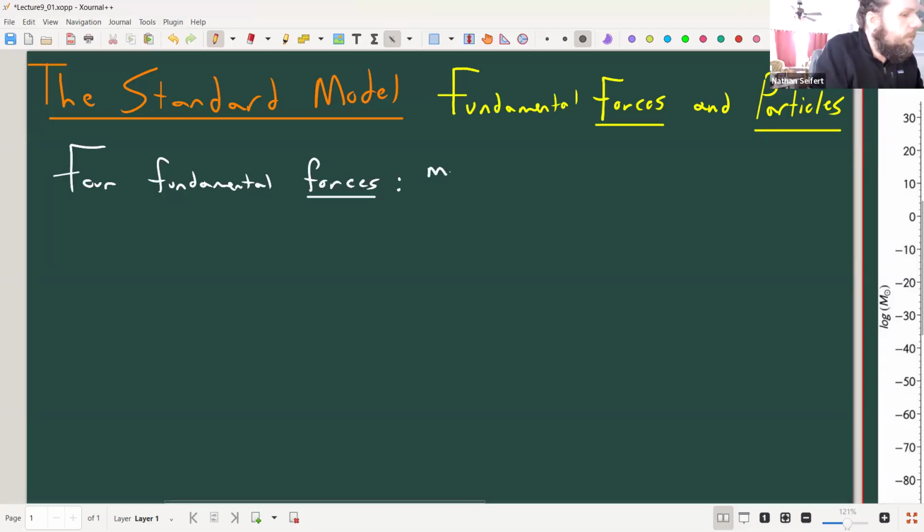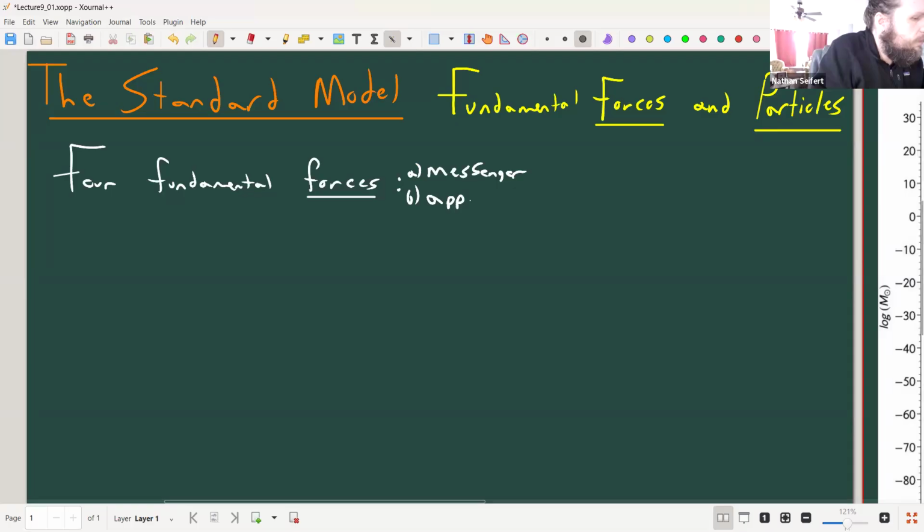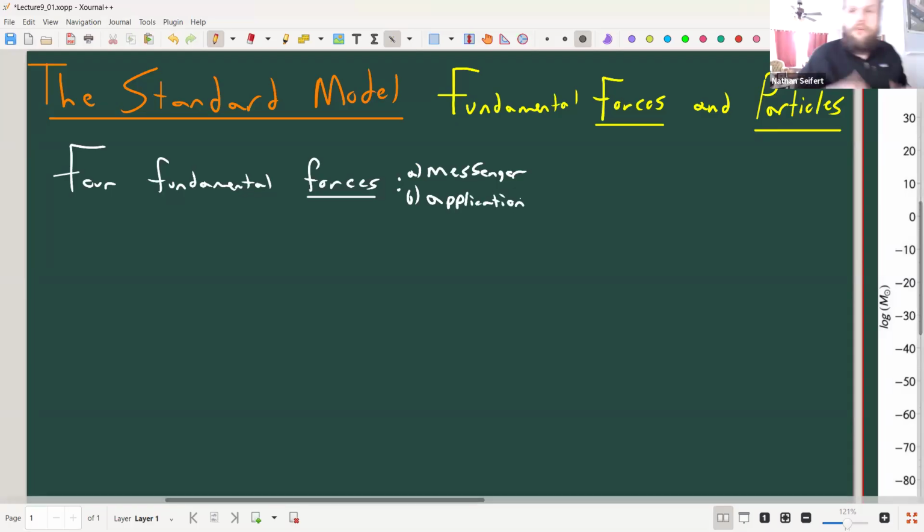So we have, in some sense, a messenger that we have to consider for the force, and we also have to consider the target, the object that it's being acted on. The type of work that's being applied. So the messenger and the application: who's applying it and how is it being applied? We have to think about forces in those two ways. It's not just, as we'll see, for instance, gravity, but what is applying the force of gravity onto something else, and so on.